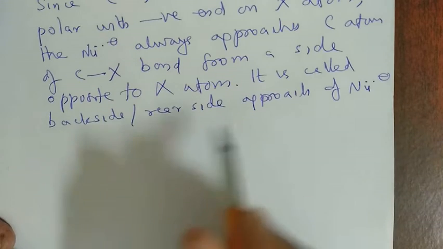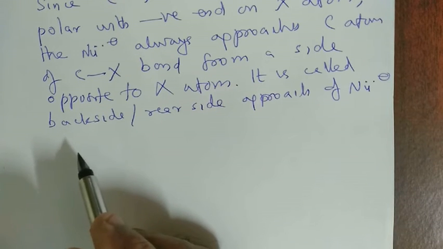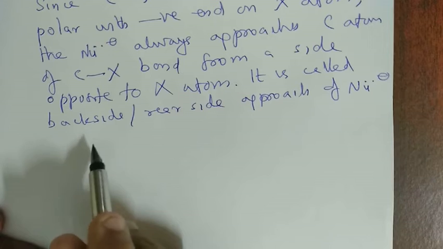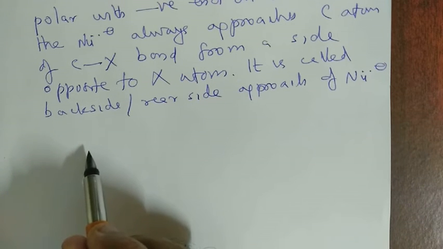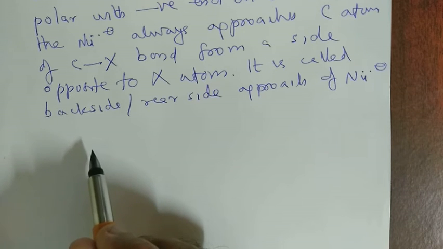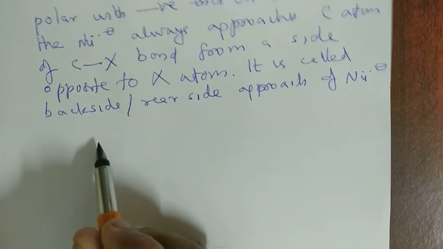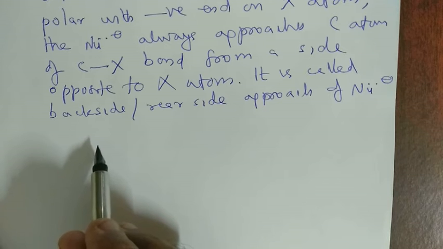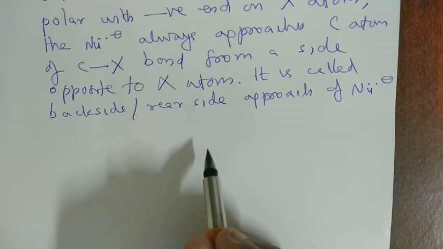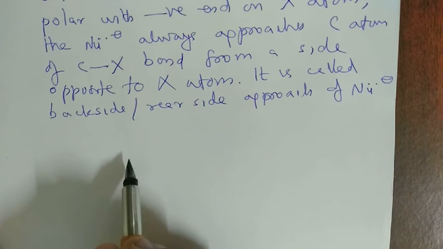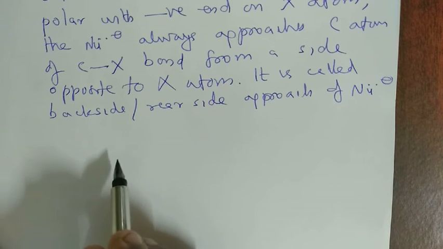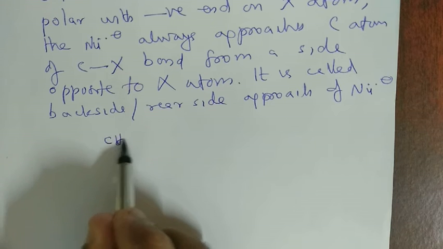Due to this specific backside or rear side approach of a nucleophile, in the case of optically active haloalkanes, complete inversion in configuration takes place. That is, the R isomer of alkyl halide gives the S isomer of substitution product, or the S isomer of alkyl halide gives the R isomer of substitution product. For example,